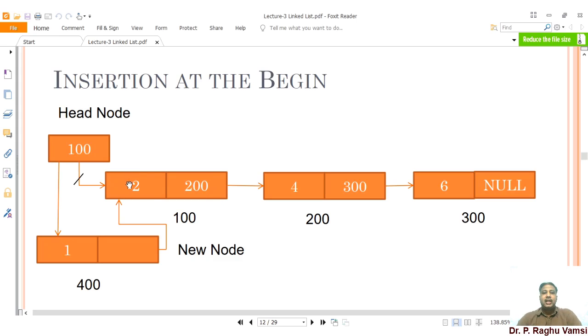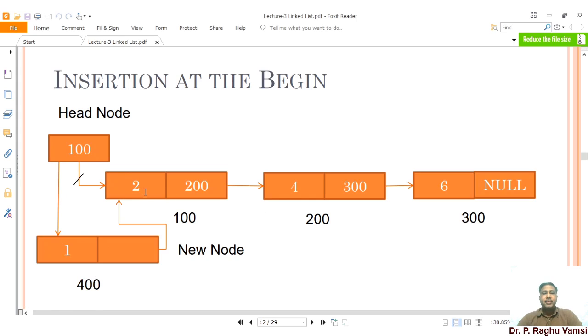So assume that this particular list is already available. You want to insert a node at the beginning. So you create a temporary node. You make the temporary node's next point to the already existing node, and you make this temporary node finally the head node. Thereby, this newly created node will be added to the already existing chain.